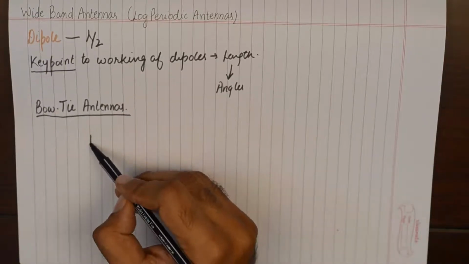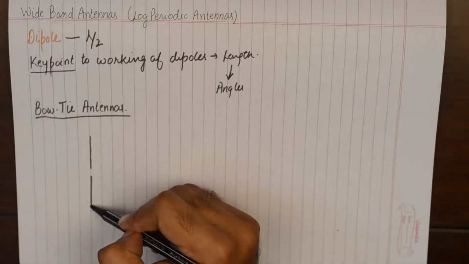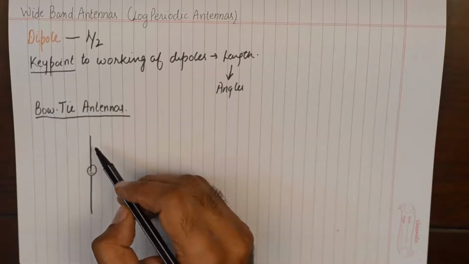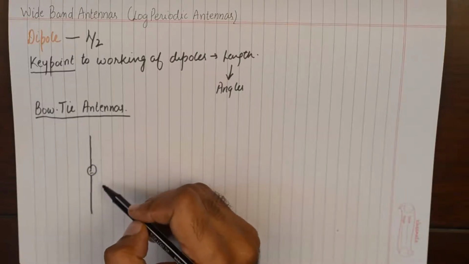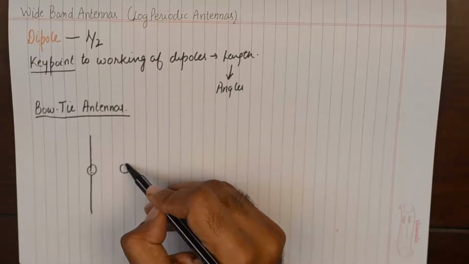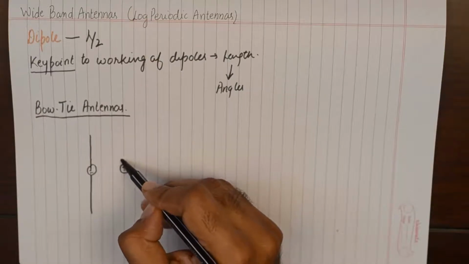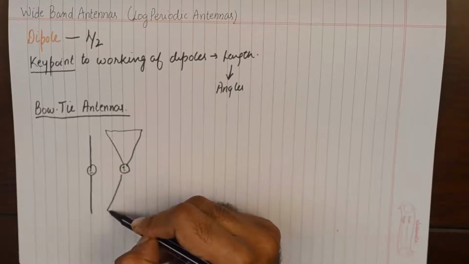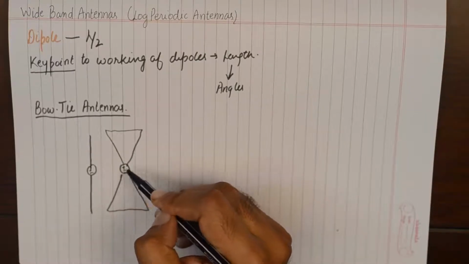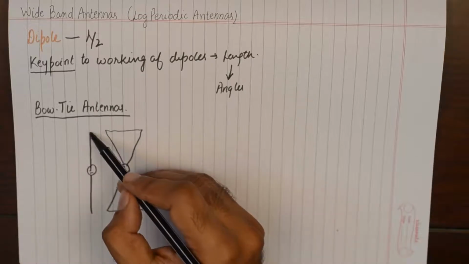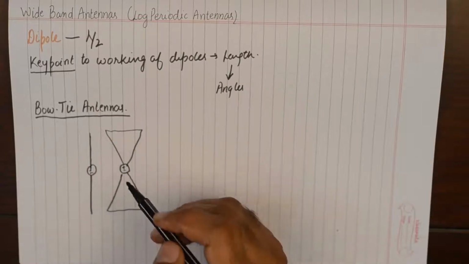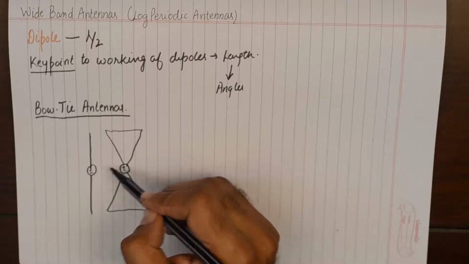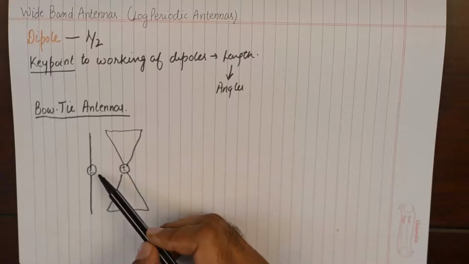If I draw an illustrative comparison between the lambda by 2 dipole and a bow-tie antenna, we shall be able to understand that the feed point in case of the lambda by 2 antenna